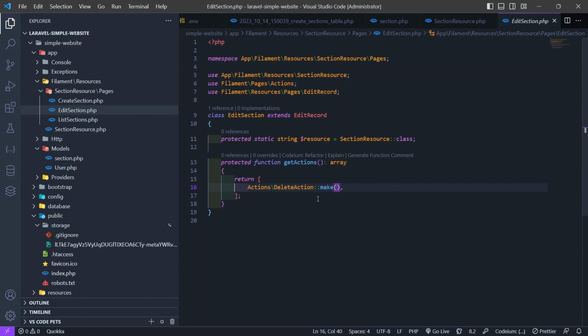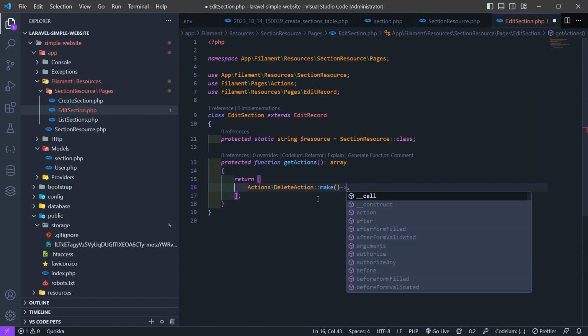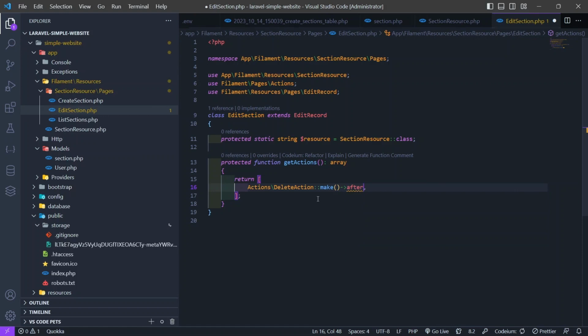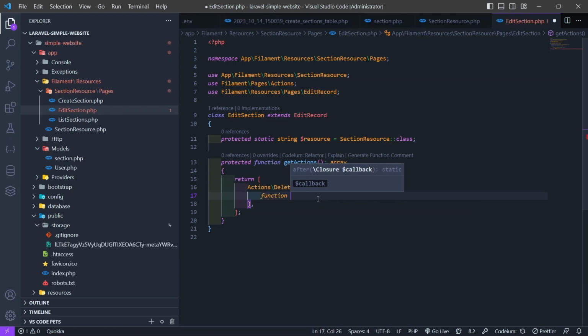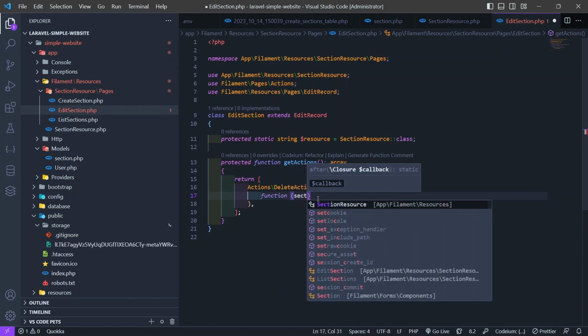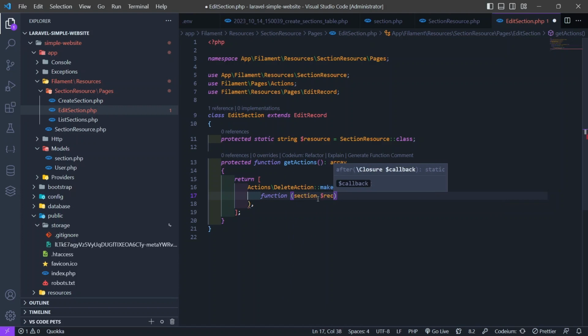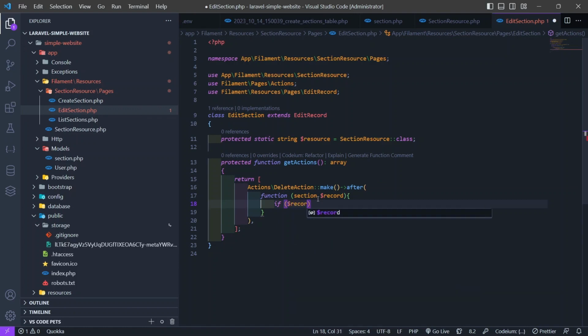So make, and then arrow after. So inside of the after, we need function with section record, and then make a variable, conditional if $record arrow thumbnail,